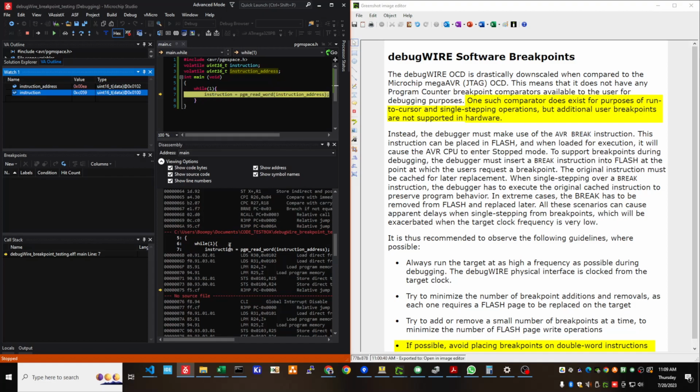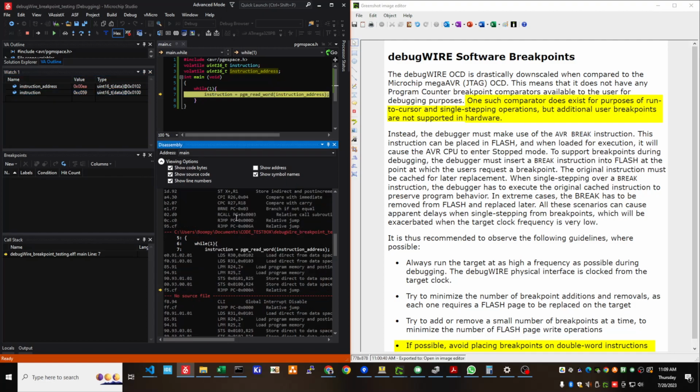And what that will do is, on the next time it gets to this instruction, it's going to load the value of the word that it finds at that flash memory address into the instruction variable here. So you can see what will happen if I do another run to cursor here. It's been replaced by the opcode